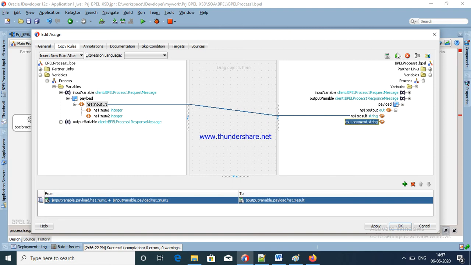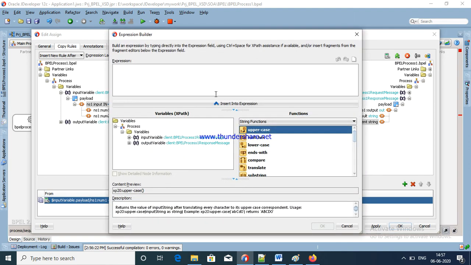Same way I want an expression for comment. Here we want to add two numbers. Okay, see here it's showing the error. We have to give single quotes.